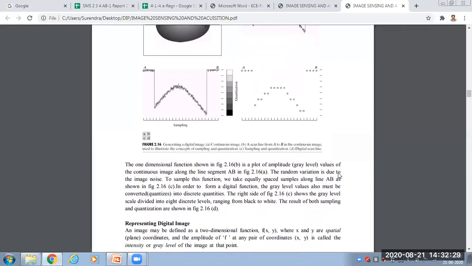After quantization, the values will be encoded into binary values, zeros and ones, of course. And why do we need to convert into zeros and ones? It is an easy process to manipulate the data in digital, very easy compared with analog. We are performing logical operations with the help of only zeros and ones, not analog signals. We are not able to operate digital operations on an analog signal. So that's why we have to convert from analog to digital. Next, representation of a digital image.